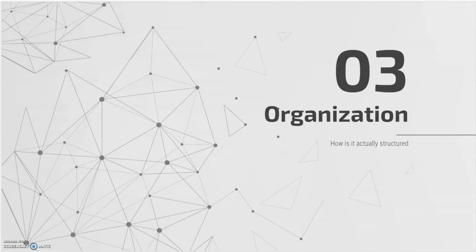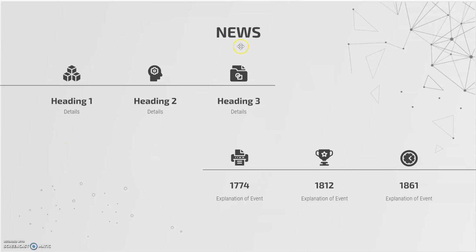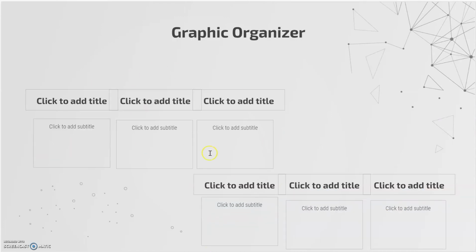So what does the organization of this look like? What is it actually structured like? So, you might have something like headings. That might say steps, or it might be the name of the event that happened, and then you're going to have your supporting details. Or it might be a timeline, right, with our dates, and then the explanation of the events that happened on those dates, right? So our graphic organizer is going to look something like